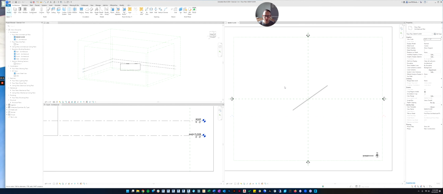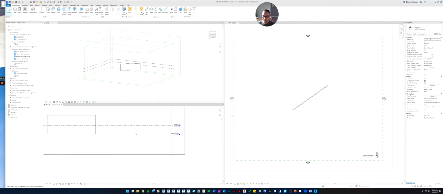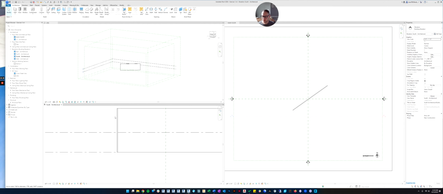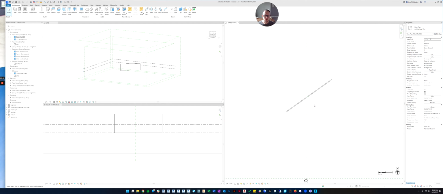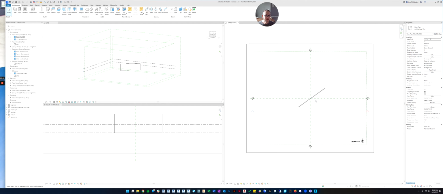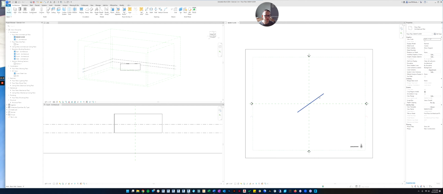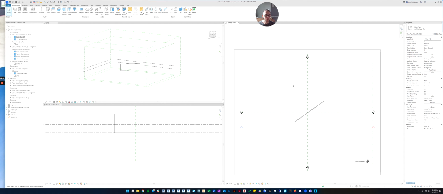All right, so that covers the bottom of the wall. The bottom of the wall, by default, will go to whatever level is associated with the view that you're in. So that's pretty straightforward. That doesn't require too much thinking. If you just open the view you want to draw on and start drawing, that's very intuitive. So now, how do we control the top of the wall?